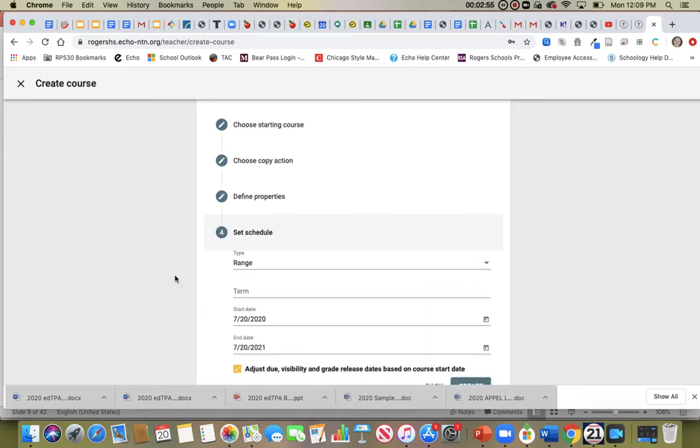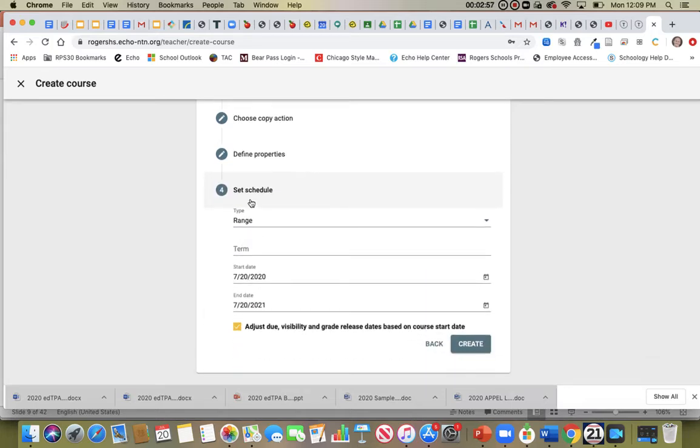Then hit next. And this is really important. Whenever you create a new course, you do not want it to be continuous. You want to have a range to it. When we went to our Echo training a few years ago, they talked over and over about don't make it continuous. So the range just means there's going to be a date range for your class. And for the term, I'm going to say fall 2020, spring 2021. And then the start date, you could do it right now. I'm just going to ask that your end date,